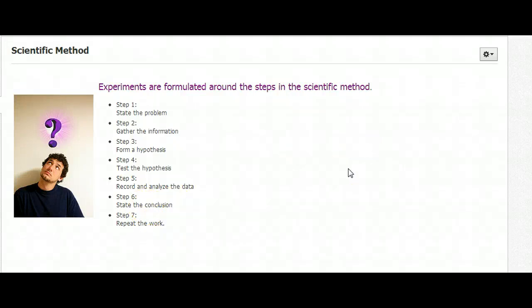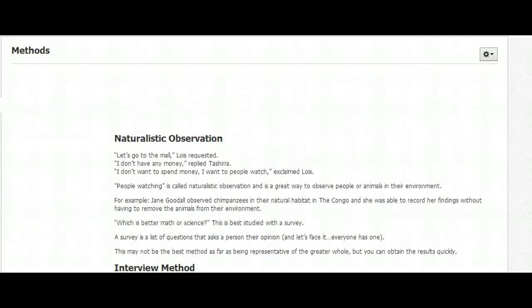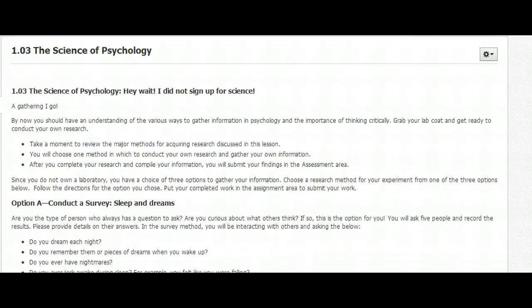Really try to put this together, and this is worth quite a bit of points. So I really want to see that you not only go through the process of collecting your data, but stating the problem, gathering the information, forming a hypothesis, testing the hypothesis, and then recording and analyzing your data, and then coming up with a conclusion. So that is the scientific method, and definitely refer back here if you need it as you work forward and do your